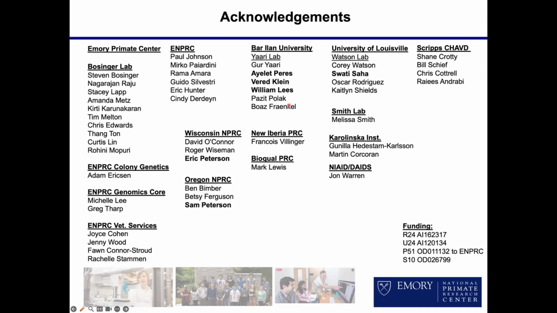And then, this work would not be possible without the collaboration from Corey and Swati and Melissa, who I feel have really been leaders in the IG genetics field. And lastly, I want to point out the work by Ganilla to get this field really going and help us in our initial days. And finally, you need a partner as well to advocate for your science. John Warren, our program officer, has really been advocating for monkey genetics to be put into a more central role with the HIV.